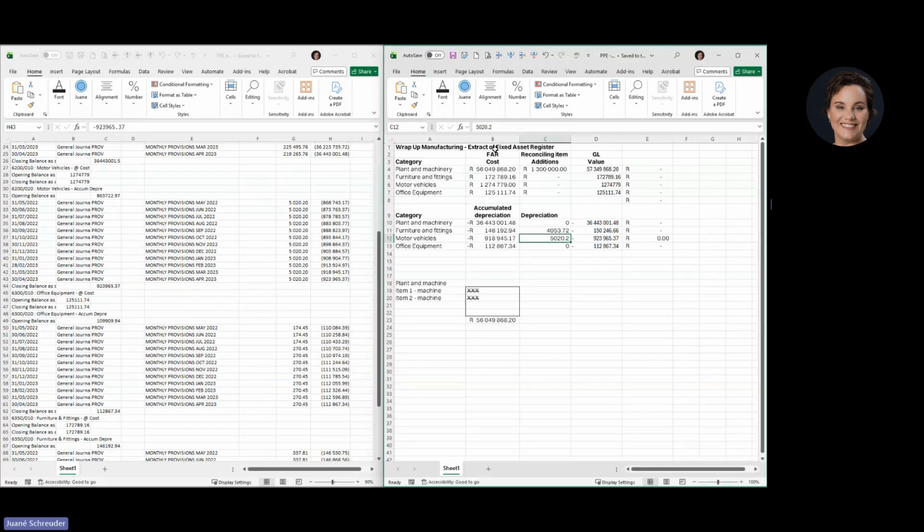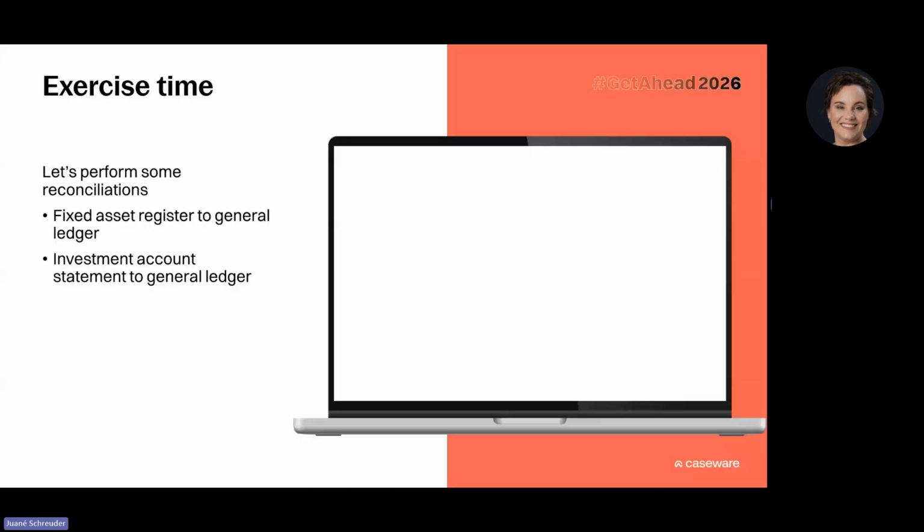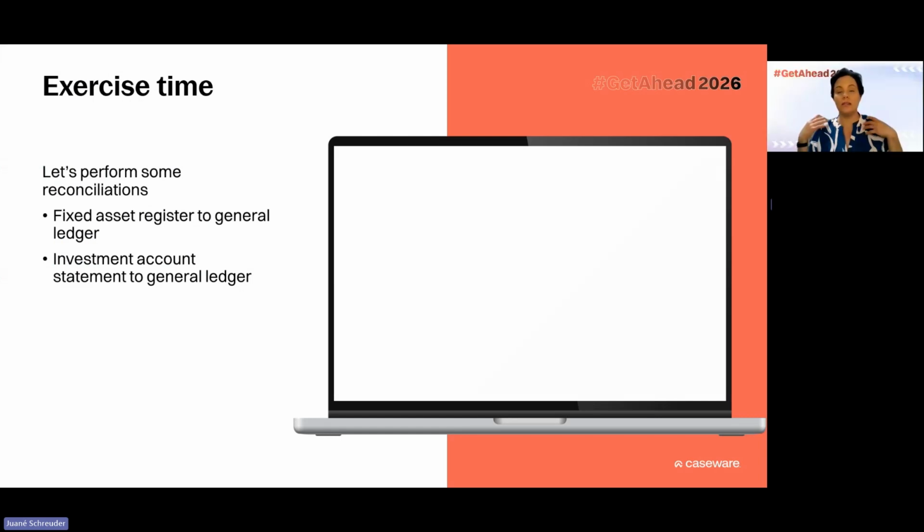And the standard says that when we are going to use information prepared by the entity as audit evidence, then we need to check the completeness and the accuracy thereof. We need to check the reliability of the information. Now, part of how we do that is to do the reconciliation, to know that when I want to go look at the detail of my fixed asset register, I can rely on it. I always like to think of it as almost like a user-friendly version of what is in the general ledger, because I can more easily see what happened there than going through GL accounts. All right, so we have now checked and tested the information prepared by the entity. We know that it reconciles to what is in the general ledger.